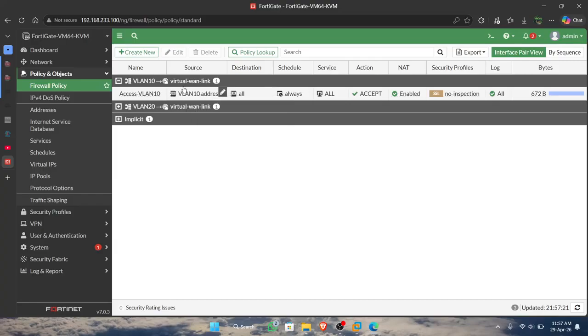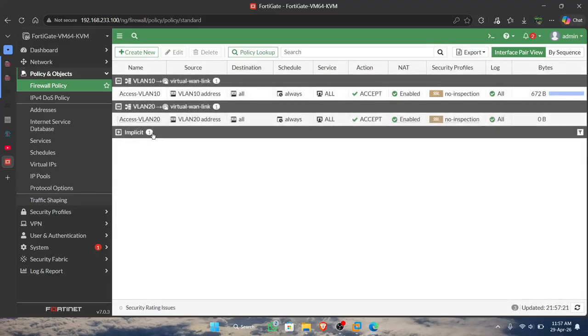The source is VLAN, and the destination, schedule, and service. This is hardware. And again, you must make two firewall policies, two VLANs, for VLAN 10 and VLAN 20.